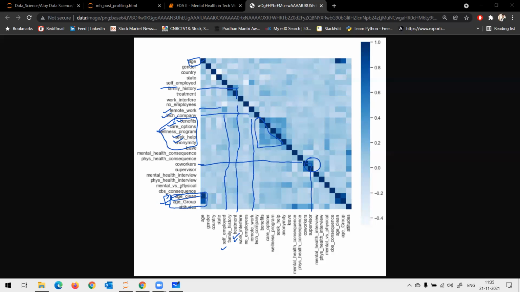Do you find any other comparison here? Anything else? Your gender and treatment are negatively correlated, correct?